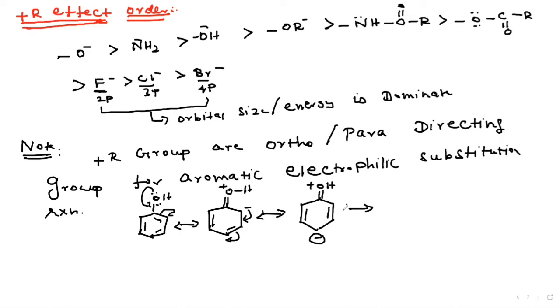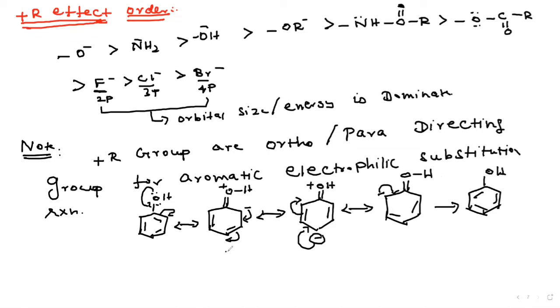Again, I do resonance. Again, this shifts to here, this shifts to here. Therefore I get minus charge, and finally I get phenol again. This is the structure. Now see, what is the overall result for this? Listen, this is 1, this is 2, this is 3. How many structures are there? The 3 resonance structures. Actually 4. Wait, listen, there are 4 resonance structures.